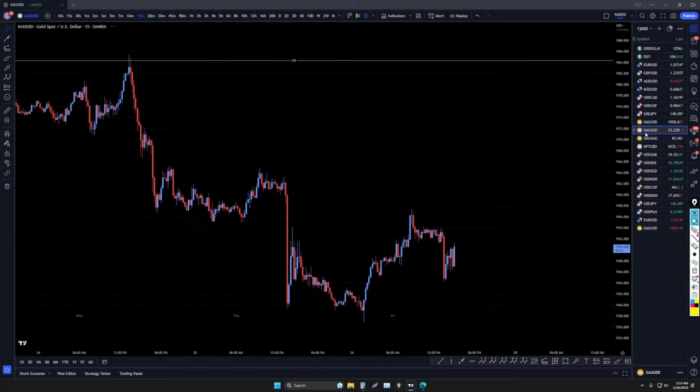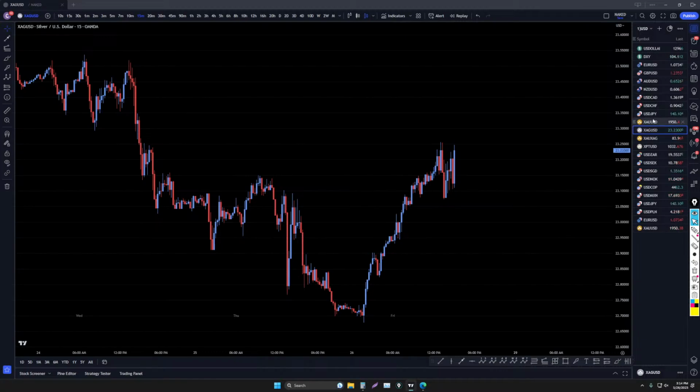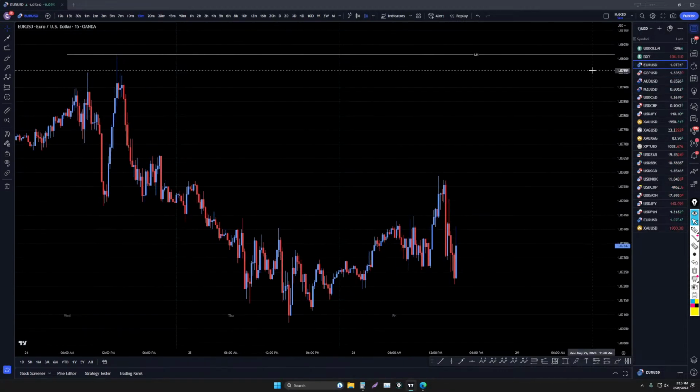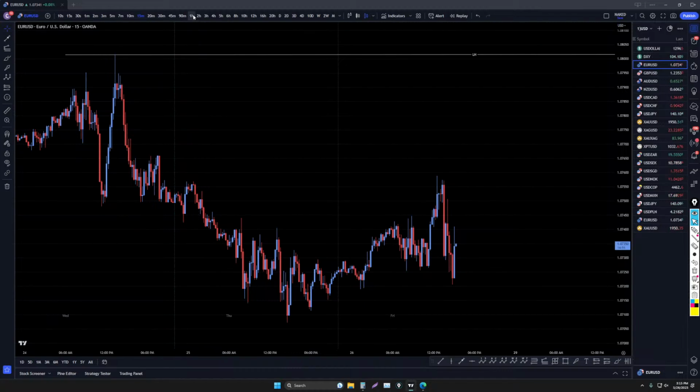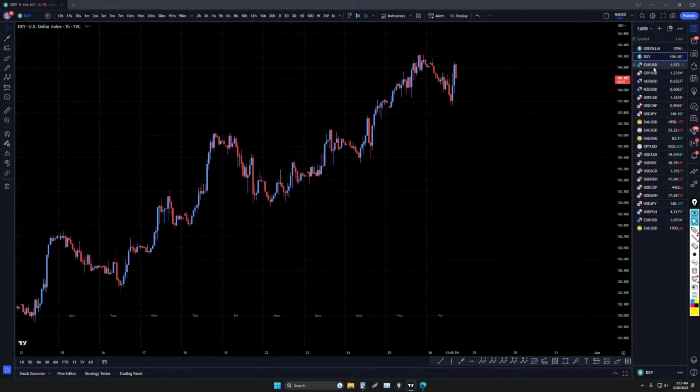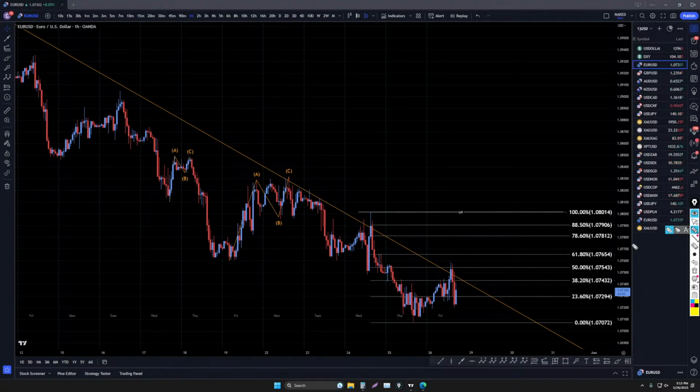It looks like the dollar's about done with its uptrend for now. I think next week is probably going to be dollar down for a good part of the week. And then maybe non-farm payroll will cause another push up on the dollar. Like I said, it's not really 100% on anything right now. It definitely could go down and do that final push before it goes up, but I think the dollar is probably going to go down, and this is probably going to go up. Whether or not it makes one little push down and then goes up, we'll just have to watch and see.